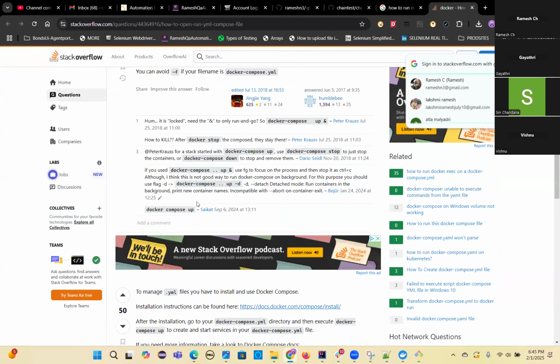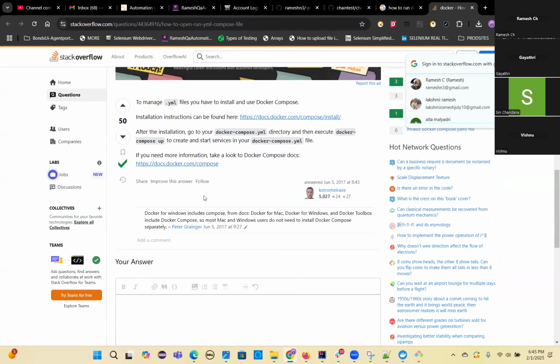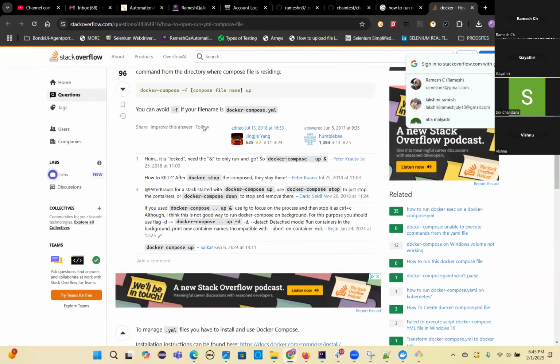This is the command you can give. Automatically your Docker Compose file will be executed. So let's run this. We will give this command,